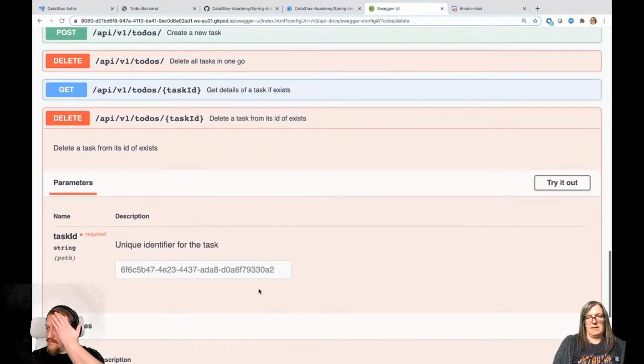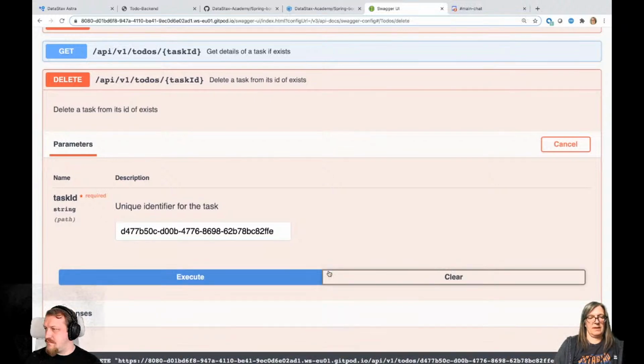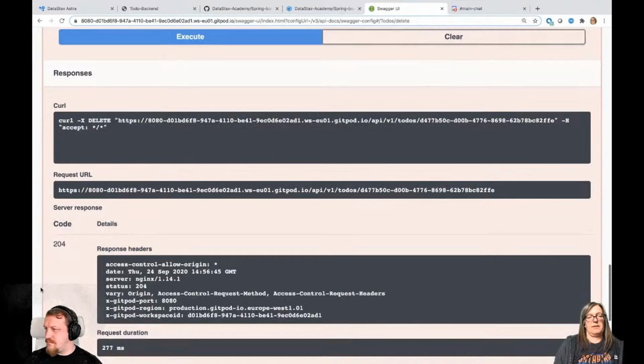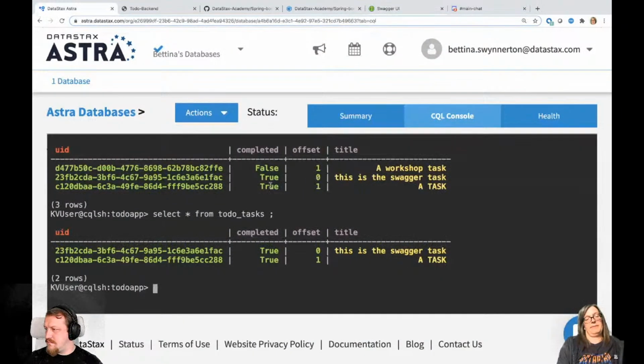We put that in here, try it out, execute it. We get a success code, 204. That's good. And if we check, okay, it's been deleted. We could also do it a similar way for the upsert, if you wanted to set something to complete, etc. But I'll leave that to you to play with.